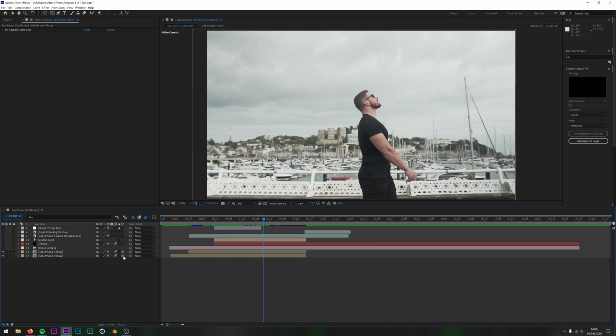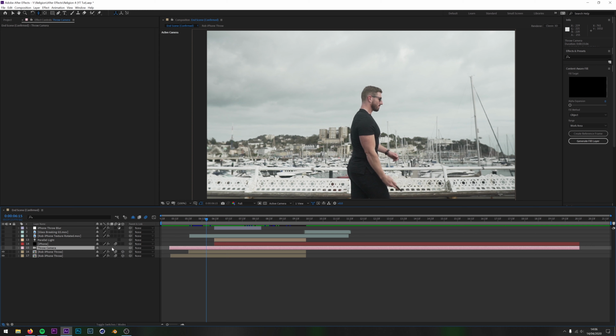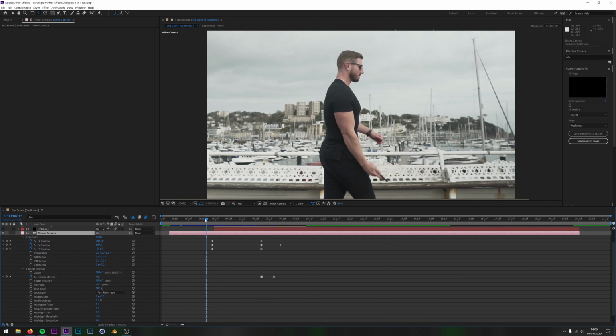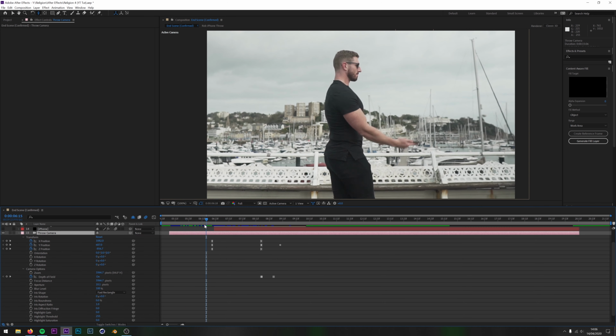That's very important for when we get onto the layer above, which takes me very nicely to the throw camera, which I have named it. Now, the throw camera is a 3D camera, which will affect any layer that has the 3D tag on, or is a 3D element like the iPhone. It uses the lights. So I've made these layers 3D and added motion blur. Now, you'll notice when I switch this on, it moves, and that's because there are some keyframes on this camera and also position that I've moved around.